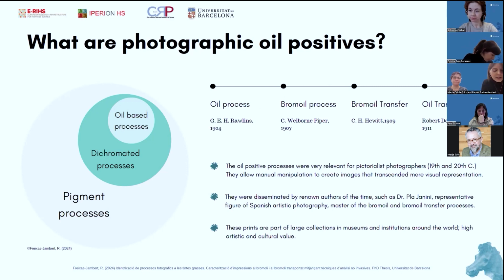Before going into more detail, it is important to explain that the oil processes are also included within other larger categories. Firstly, they are part of what are known as pigment processes. These are photographic techniques that use pigments instead of silver salts to create the image. These processes offer a wide range of artistic expression and are especially valued for the durability and aesthetic quality of